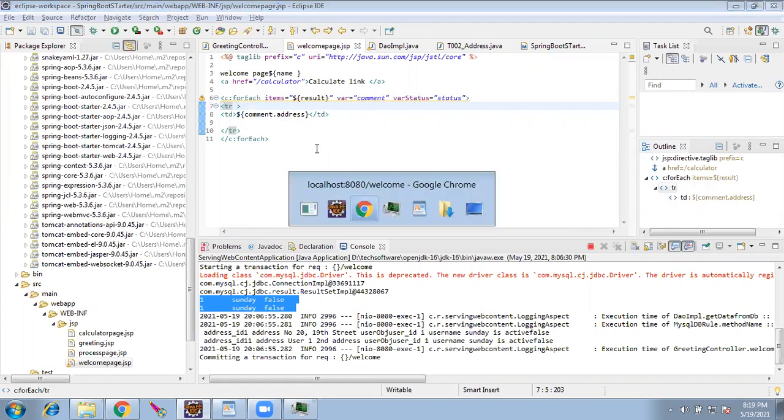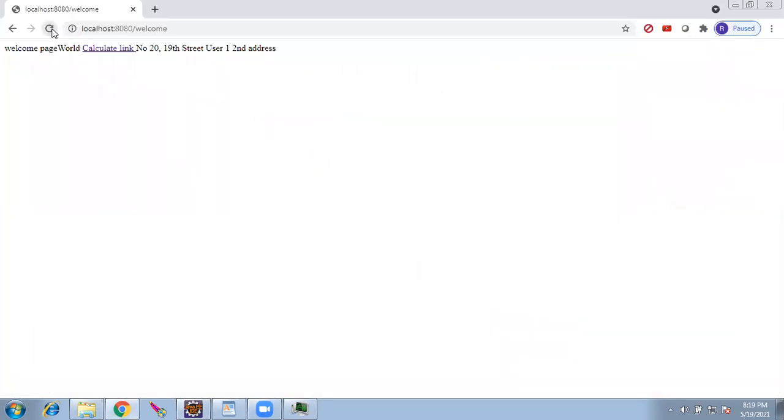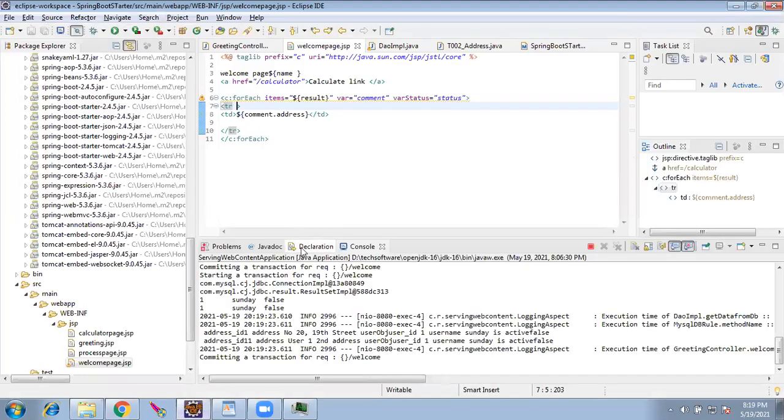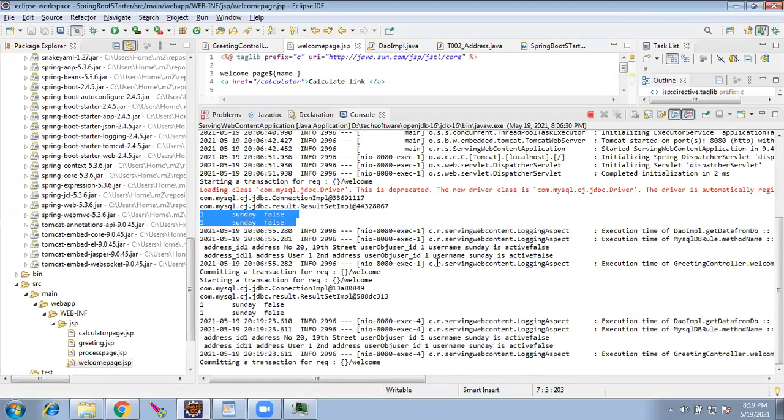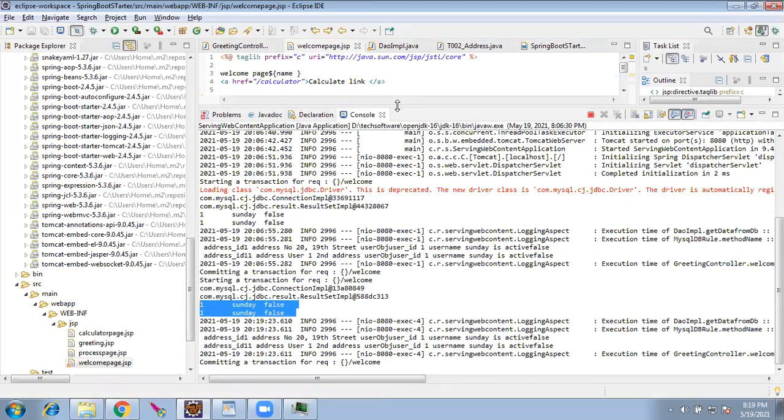If I run the code, it is going to first fetch the data. It is done, so it has fetched the data. It has printed this value here, and it has printed the value, 19th Street, user 1, second address. Both are printed now.